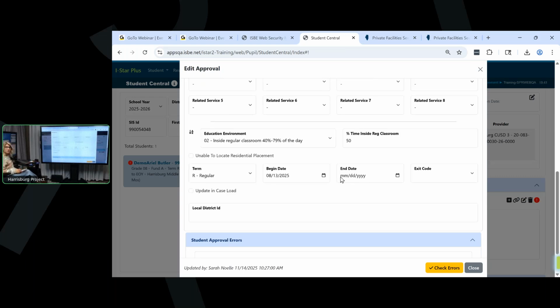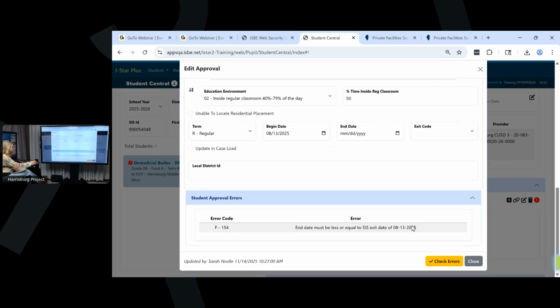And so when we come in and look, we don't have an end date. So the enrollment has ended. Now we need to make sure that we end the I-STAR record, okay? So what you would do here is type in the end date that is on file for SIS if the child did indeed leave the district,